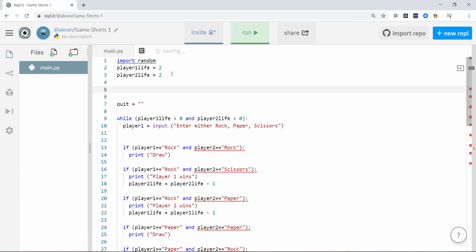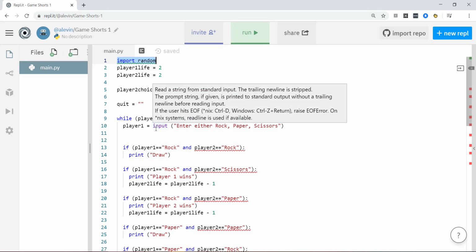And then what we want to do is player 2 choice, and I'm going to use equals square brackets, and they get to choose whether or not they're going to have rock, paper, or scissors. So that is rock, paper, or scissors. So that's for player 2, the computer. So what I've done is I've added import random, I've added a player 2 choice, and I deleted the player